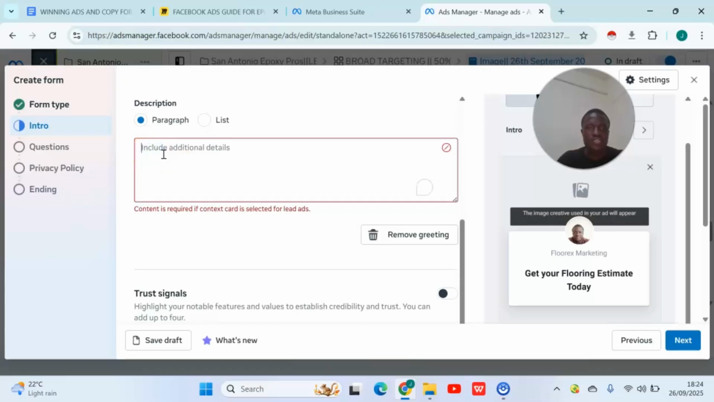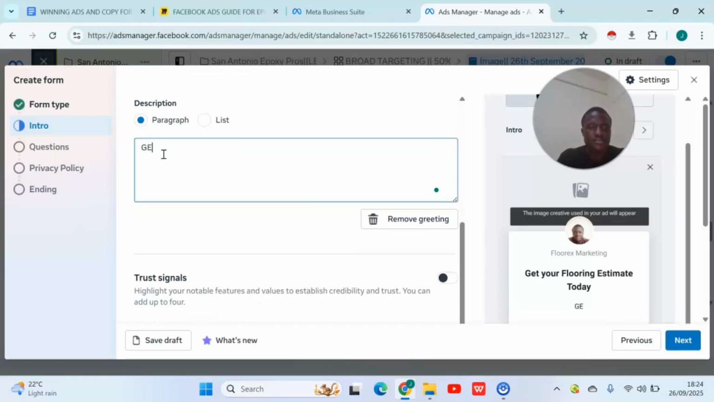Then for the description, we can have a simple explanation reinforcing your headline, reinforcing the offer that we had initially. So you can have something like, get 50% off your flooring estimate. That was part of our offer. It keeps on loading this way. Get 50% off your flooring estimate